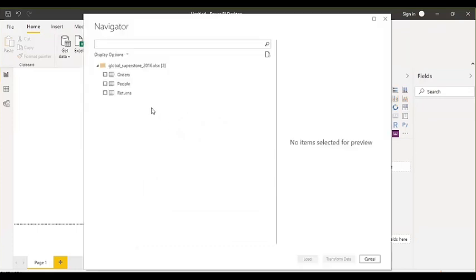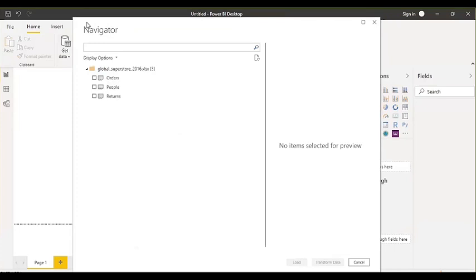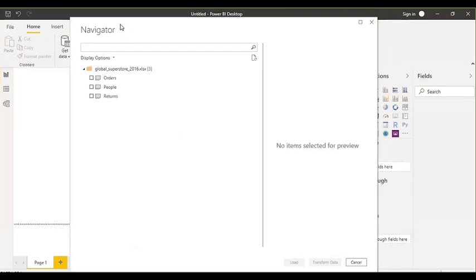All right, so here you will be able to see these tables, right? So these are 3 sheets in that Excel file. That's why we are able to see these 3 here. Okay, so now what is this? This is the navigator window. You can see here, this is navigator window. So we need to understand the purpose of this window. It's not just a window.